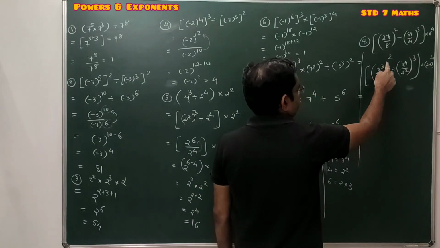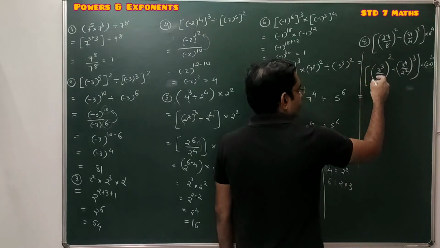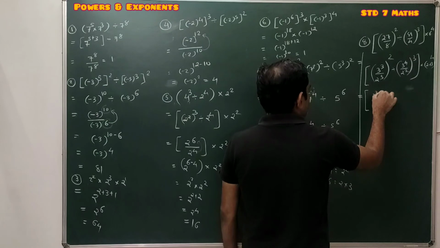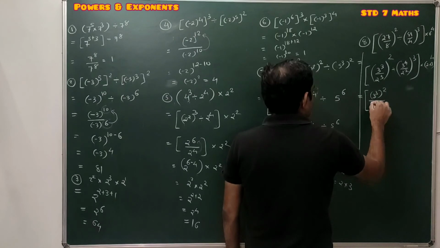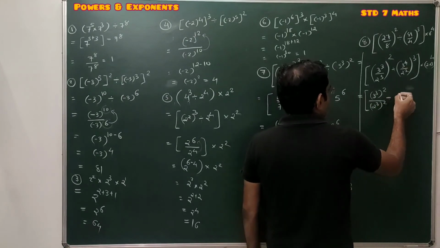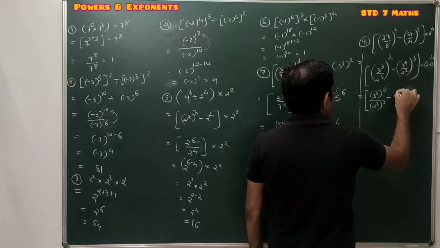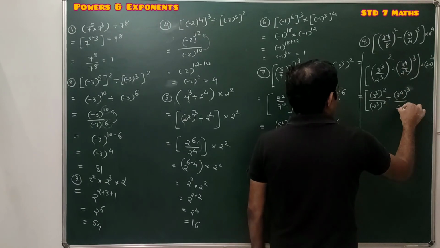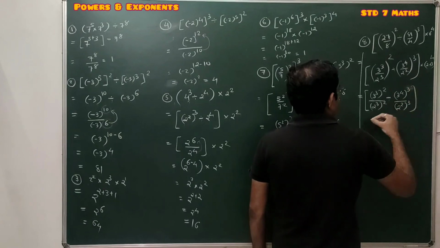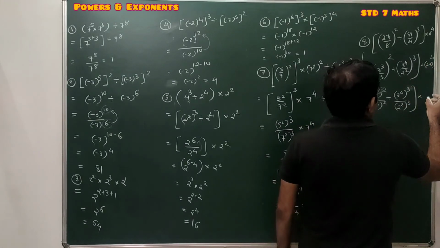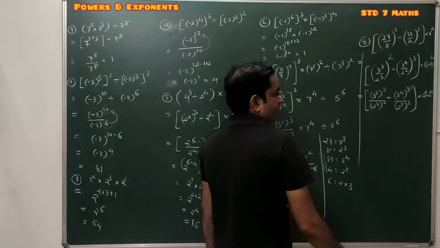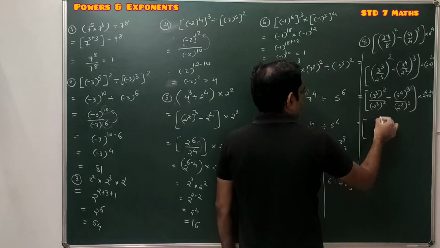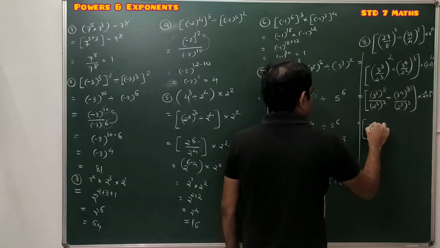Now this one, power of division. So it will be 3 square raised to 2 upon 2 cube raised to 2, divided by 3 raised to 4 raised to 3 upon 2 square raised to 3, multiplied by 2 into 3 raised to 4. So it's 2 raised to 4 into 3 raised to 4. Now power of power: 3 raised to 3 times 2 is 6. So 3 raised to 6 upon 2 raised to 6.